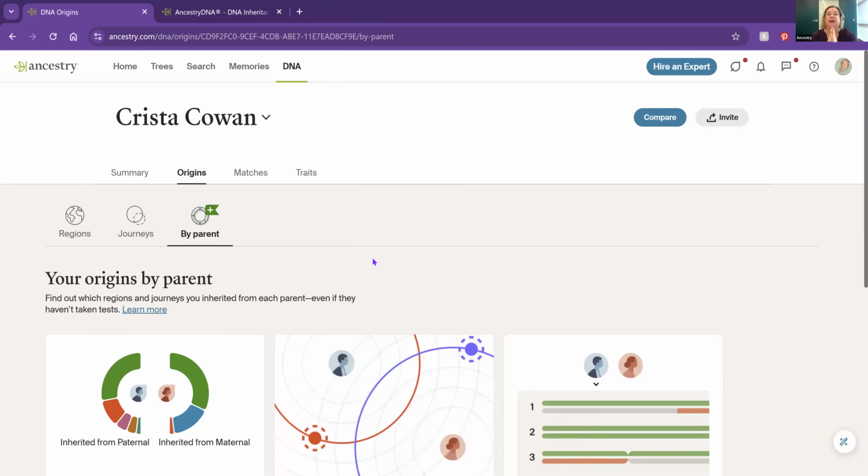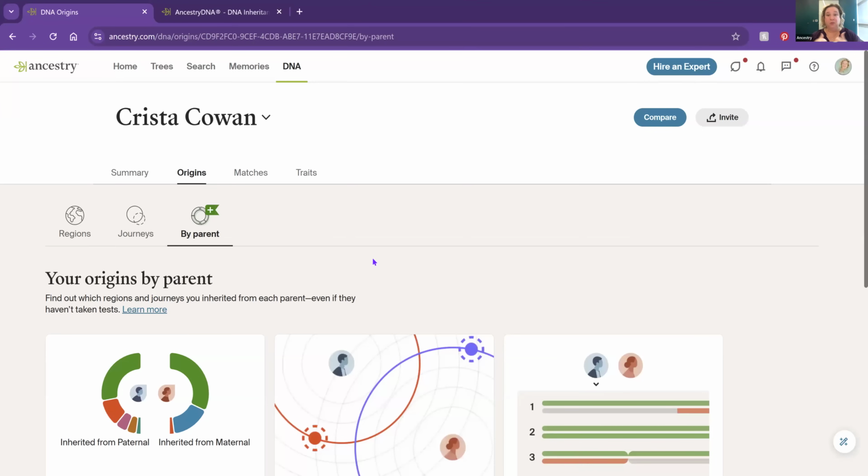By parent is done with what's called SideView technology. Our scientists have been able to create a proprietary system that looks at your DNA compared to all of your DNA matches, and we can start to break out which side of your family tree that particular piece of information came from. Remember, I said every one of us has 23 pairs of chromosomes, one in a pair you got from dad, one in the pair you got from mom. Now, here's the problem. Your DNA doesn't come labeled in your body, mom's side, dad's side. So all we can do is tell you,